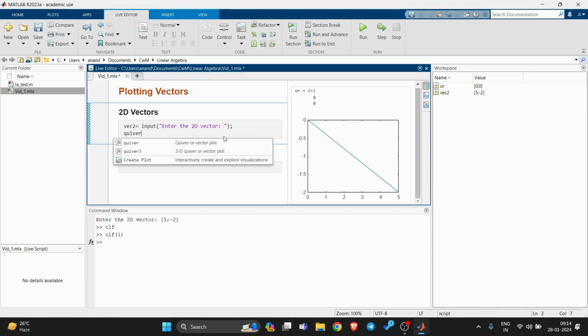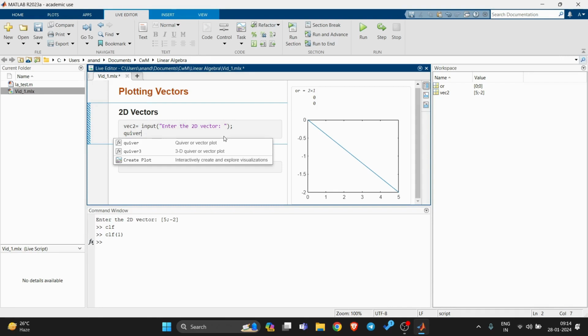One is to tremble or to shiver, and the other meaning is that it's the name of an archer's case for holding arrows. You guys might have seen these long cylindrical things which archers put their arrows in. So that is called a quiver, and the quiver function in MATLAB is used to create a 2D field of arrows,